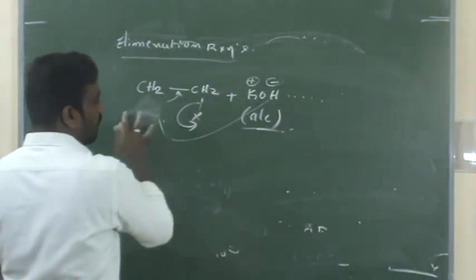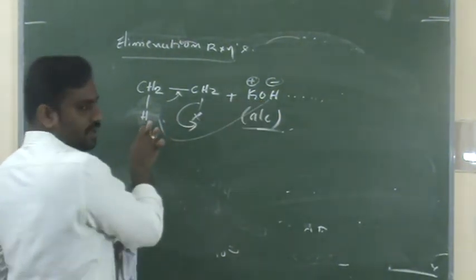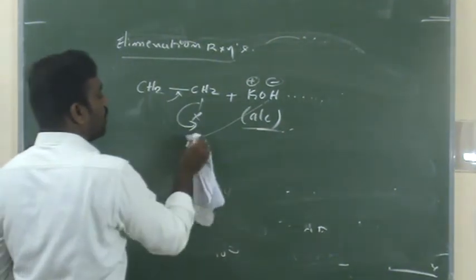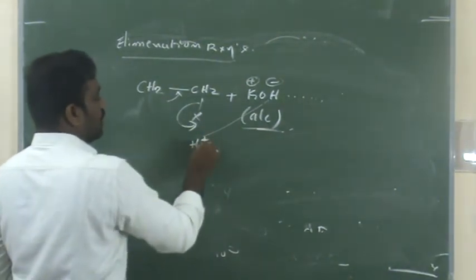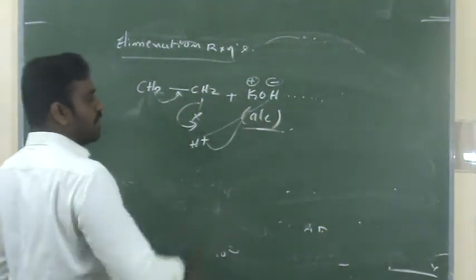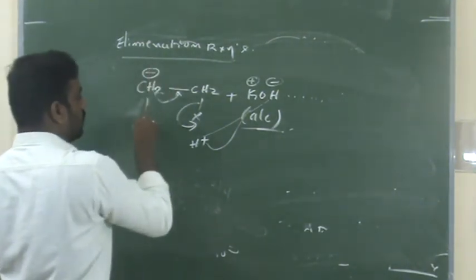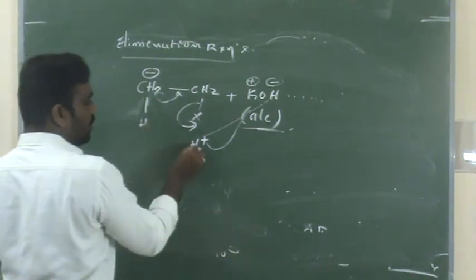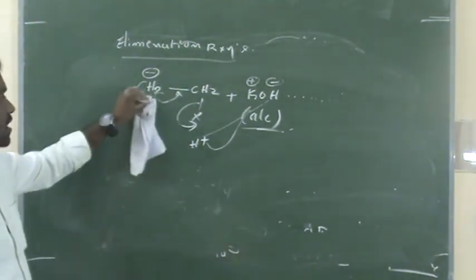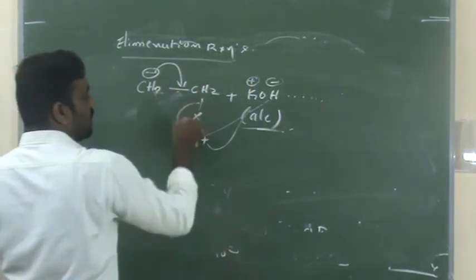Very clearly, this OH- takes this H+. Now I am telling you this OH- requires this hydrogen. This hydrogen gives electrons to this CH2 and comes in the form of H+. This H+ and this OH- combine and are removed in the form of water. Then there are negative electrons, because this hydrogen is coming as H+, we are getting the negative charge here. When we get the negative charge here, these electrons are given here, and this X is removed.